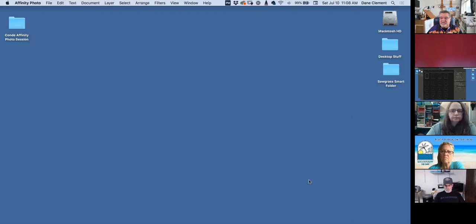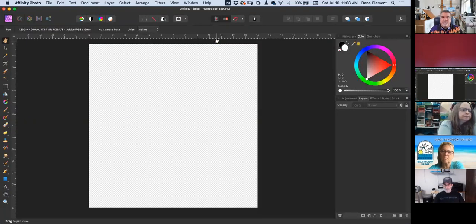Now watch when I hit the create button, there it is, right? So these gray and white checkers, that is the universal indication for transparent pixels. If I wanted to create artwork right now, I would jump right on this thing and start doing it. So I'm going to spend just a minute walking around the interface,